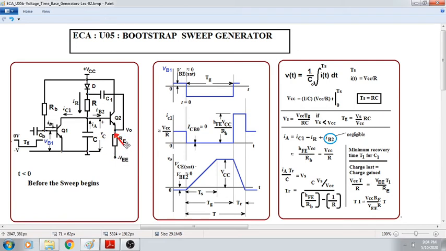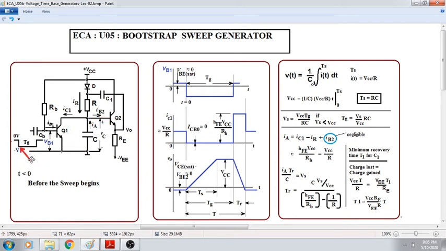So we keep a significant value of RE here. So VEE divided by RE, RE is very large in the denominator, and on the input side, when we want to calculate the input current, VEE divided by RE divided by HFE, HFE is also very large. So the input current, the base current, will be much smaller because the denominators RE and HFE are large. So IB2, the base current, is negligible. Okay, base current is negligible.